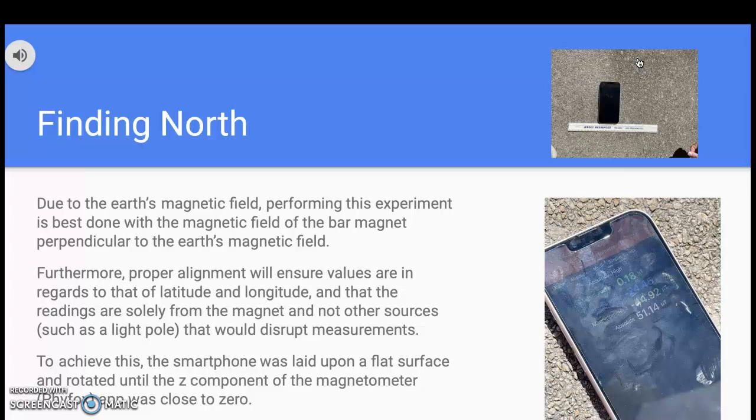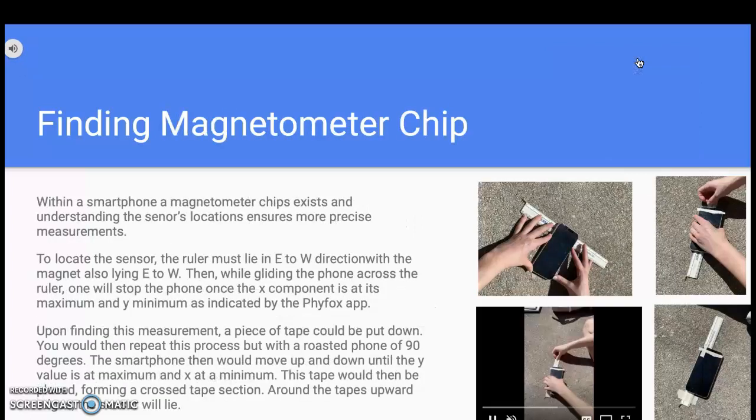For us to achieve this, we had to lay our smartphone upon the flat surface and rotate it until the Z component of the magnetometer was close to 0. To find the location of the magnetometer chip, we placed both the ruler and bar magnet in the east to west direction. To find the sensor along the X direction, we gently slid the phone up and down without rotating it. Once the X component on the Firefox app was at its maximum and the Y component was at its minimum, we placed a piece of tape along the width of the phone to indicate the line in which the